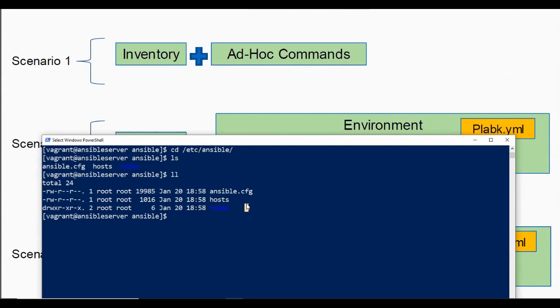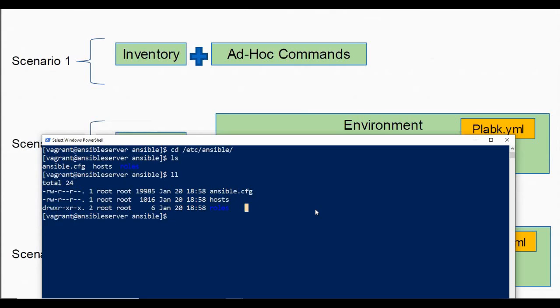Of course, I need to make sure and configure inside my ansible.cfg file which inventory file I refer to as the default inventory file. I can have multiple inventory files in here as well. But the default one that I'll be using will always be stated inside the ansible.cfg file.